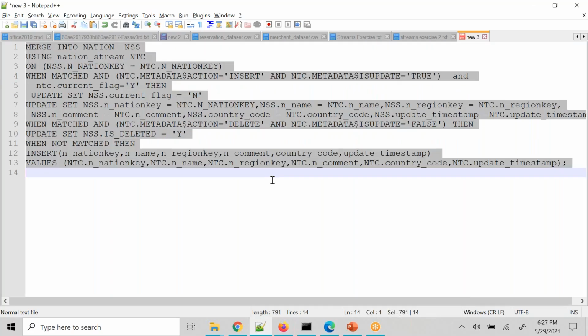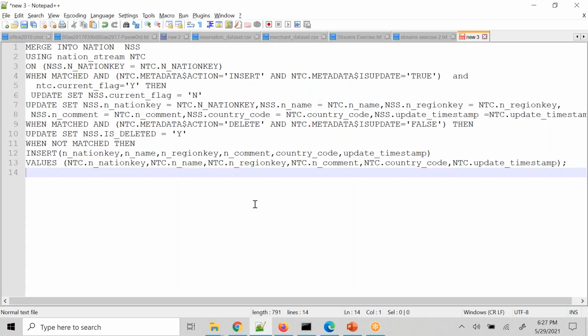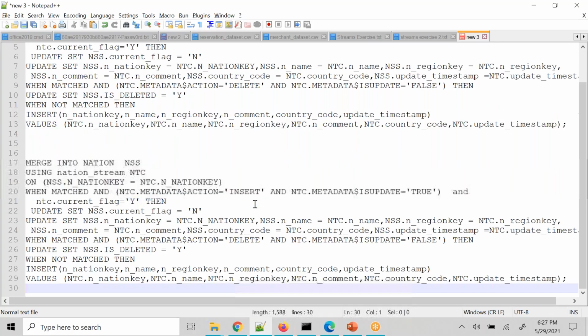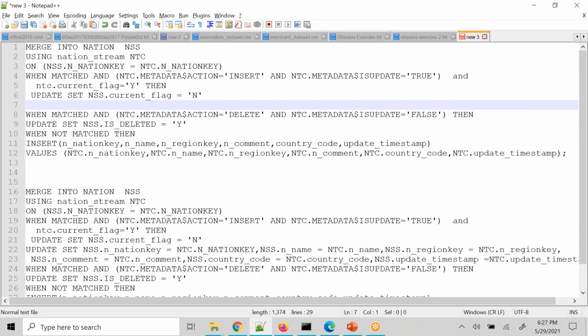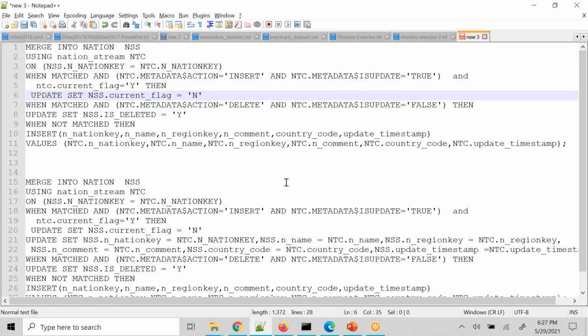You have to use two update statements, right? One match and current flag is equal to Y. So when not matched, it comes and inserts. So we don't need to worry about it. So this particular thing will be gone. So this is your command. And the next time